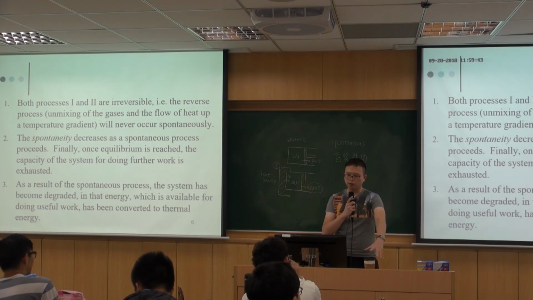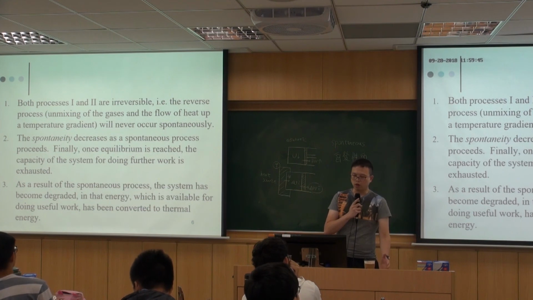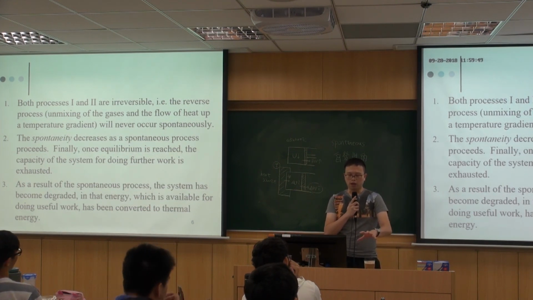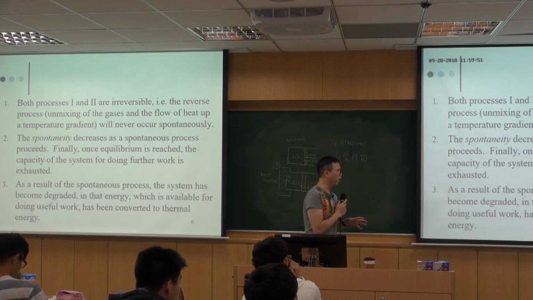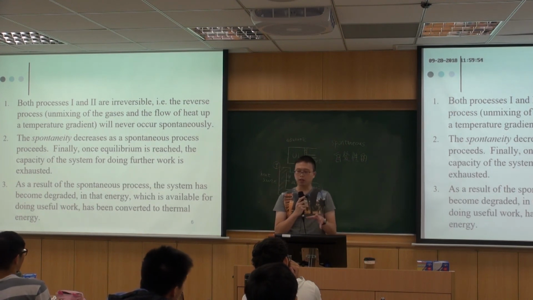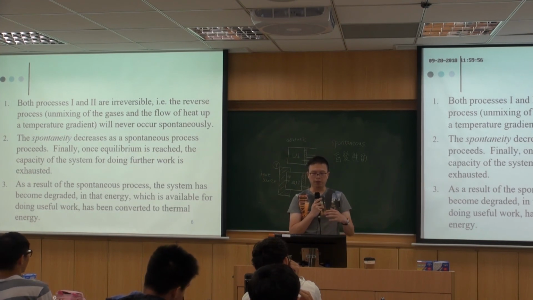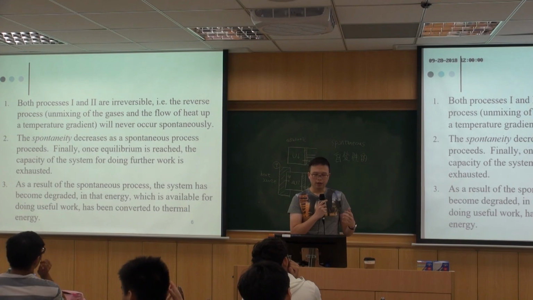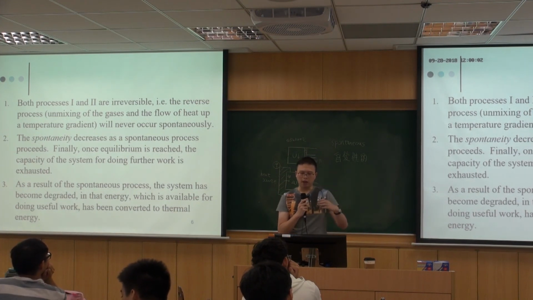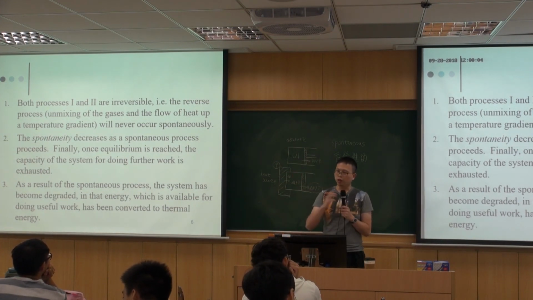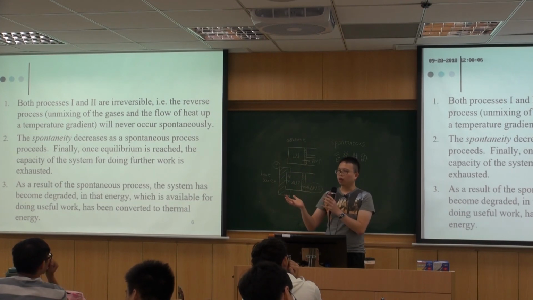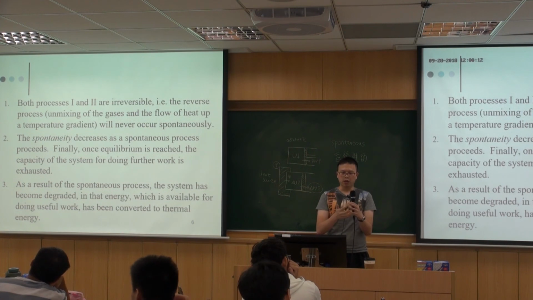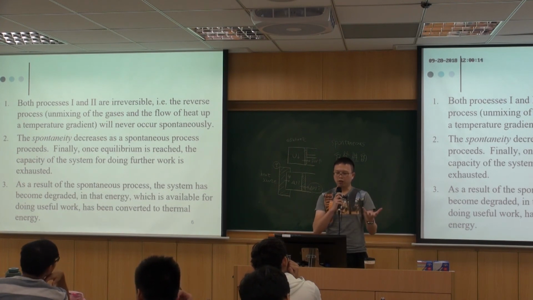And in terms of quality, I mean that, similar to what Peter Atkins' book mentioned, if the energy is in the form of heat, the quality is low. But if it's in the form of work, then the quality is high. So the spontaneous process means that originally you have a bunch of energy, and this bunch of energy can do a lot of work. But eventually, this bunch of energy